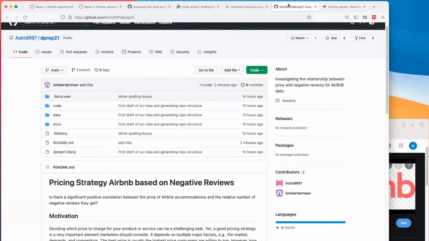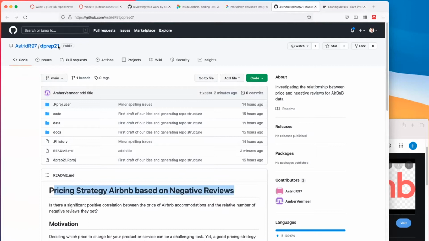Let's take a look at this. Well, actually, you have a very good name for your project here, but I would definitely suggest you change the name of your repository, because no one will be able to see what this means. So why don't you relabel it as pricing strategy Airbnb? That would change the URL, but the best thing is all old URLs will redirect to your new URL. Even using this dPrep 21 git thing, which I put in the chat to clone it, it will always clone the correct one, right? So please change the URL.